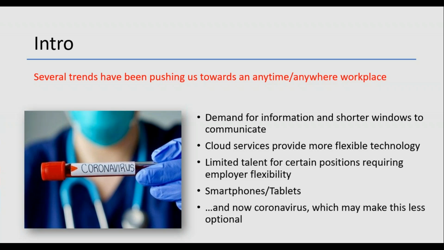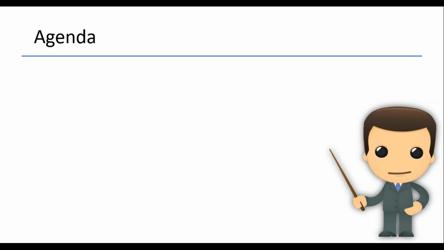And of course, coronavirus. This is making things a lot less optional. Obviously, we know a lot of states and locations have mandated work from home. Here in Maryland, we can't have gatherings of more than 10 people right now. That's really forced the matter, and it's forced us to be creative in how we work if we're going to be productive. I've been telling Jill and a lot of the people I work with that we're kind of fortunate. We're in an industry where moving into remote work, obviously we're going to have challenges, but we're able to pivot quite easily. Very difficult for a lot of other small businesses right now.